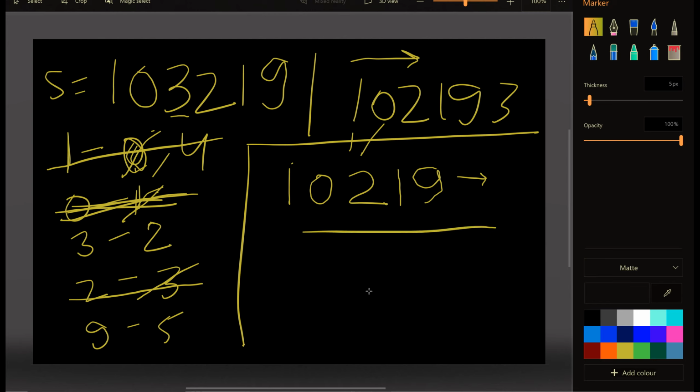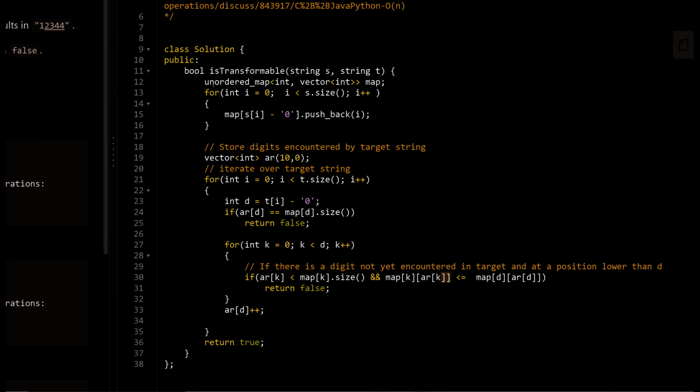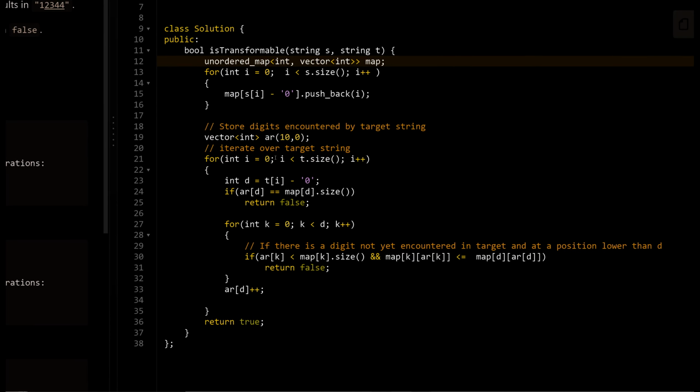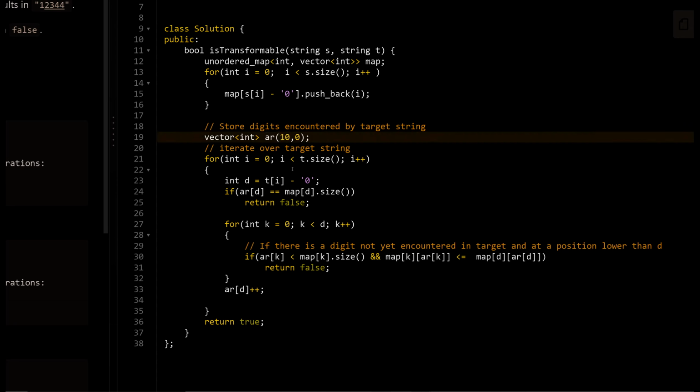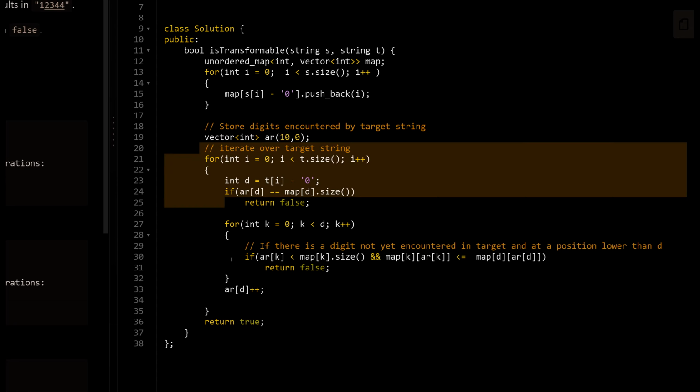Okay, so in the code we have taken an unordered map to store the indexes where all my digits occur in the source string. Then I take another array of size 10 to store the digits which I have encountered till now in the target string, and then I simply iterate over my target string.